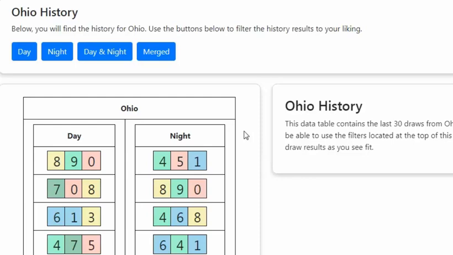Today I want to talk to you about drifter numbers and what they are, and then how they are used and how you can track them in your pick3 picks. A drifter number is simply what it implies, which is a number that drifts from one number or one draw